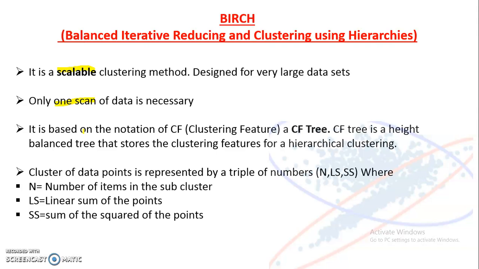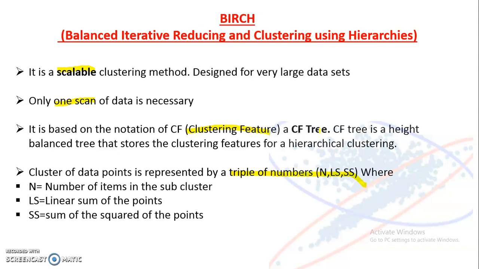Till now, we have seen many algorithms. Every algorithm uses some distance metric, some similarity or dissimilarity between the objects. But how will the BIRCH algorithm do the clustering? The clustering is based on the clustering feature, CF. It will generate a CF tree, a clustering feature tree, and based on this clustering feature, it will do the clustering. Like a tree can have many nodes, many points, same here, a CF tree can have many clusters.